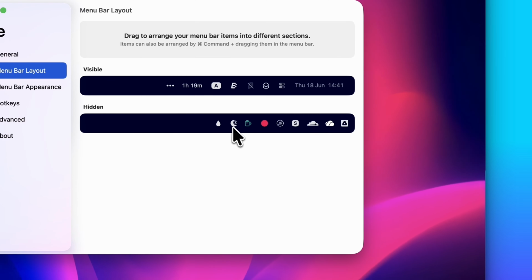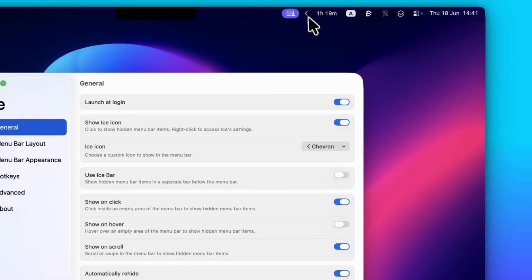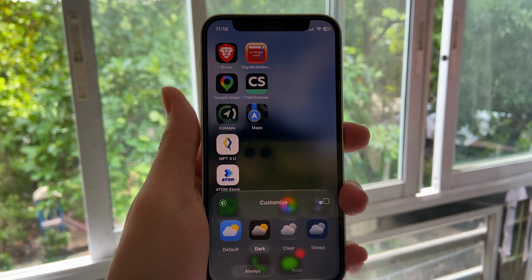You can hide icons that can be seen with a click of a button. You can change that button to a new icon, or you can completely hide icons that you don't wish to see at all. Moving on to app icons, you